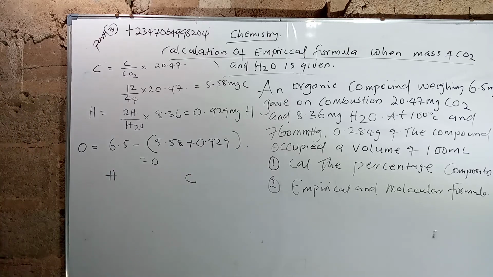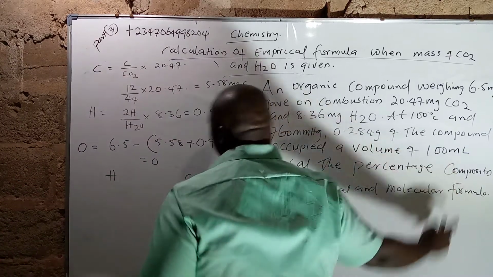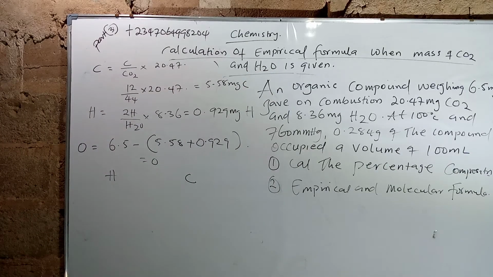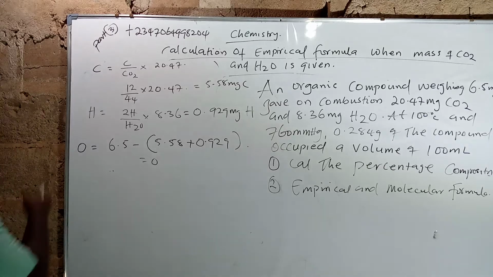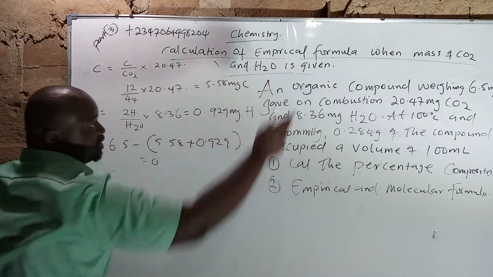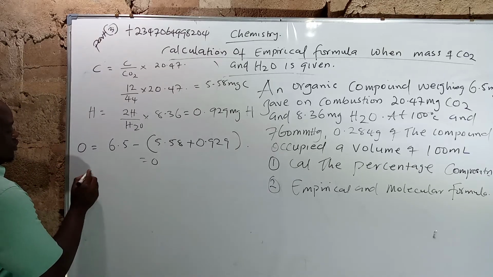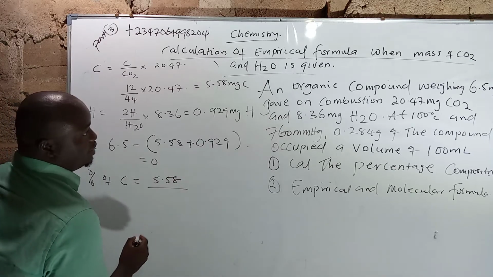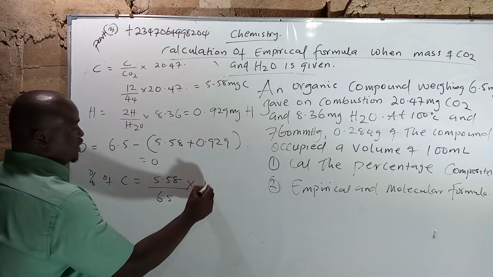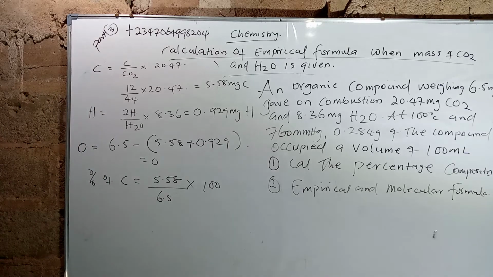And then, of course, before we continue, remember the first question is calculate the percentage composition. Now, the percentage composition is, what is the percentage of carbon in the mass already given? So it's just so easy. We have the organic compound weighs this. So the first question, which is the percentage composition, they want you to know what is the percentage of this inside that organic compound. So the percentage composition of C is equal to 5.58 all over 6.5. Well, of course, whenever you hear percentage, you have to multiply by 100. And so this will give you